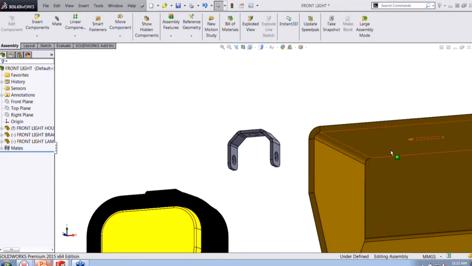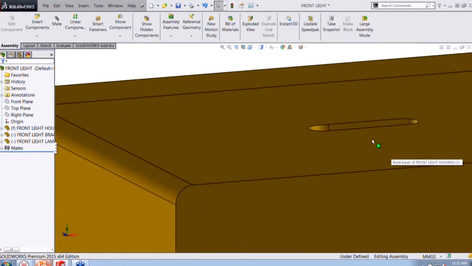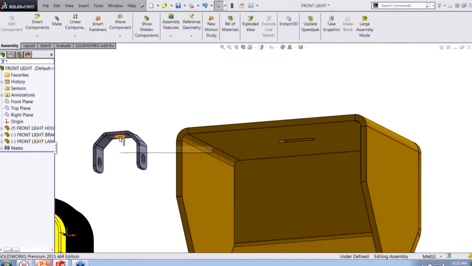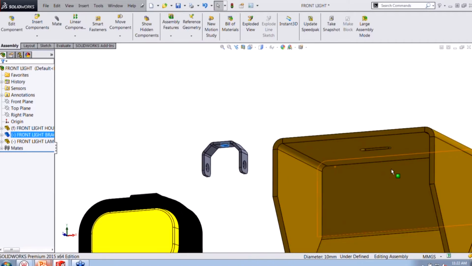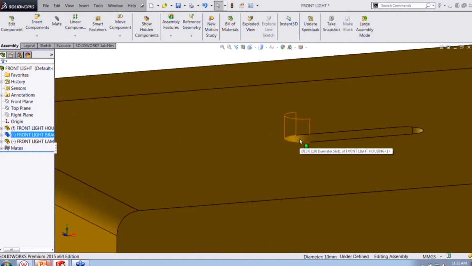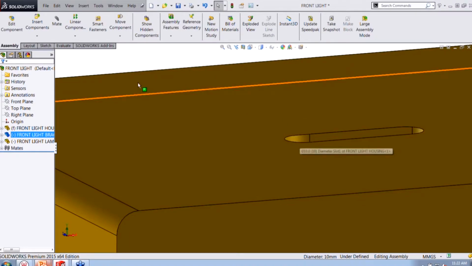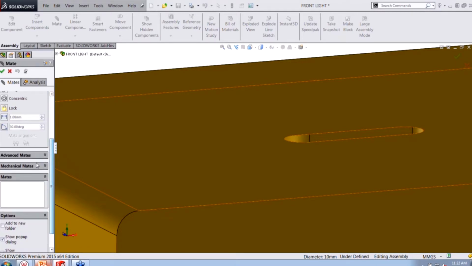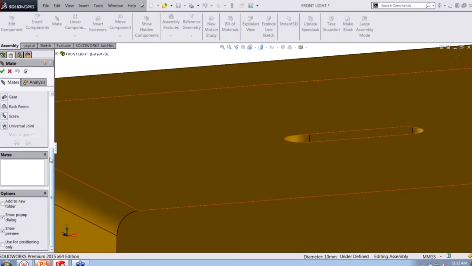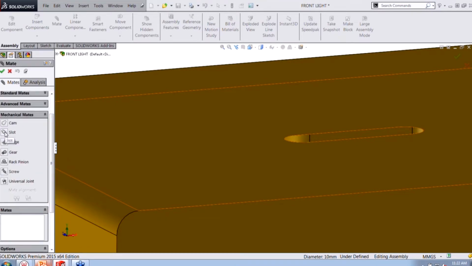And then also, before they introduced a slot mate, there were some things where you had to do some workarounds if you wanted, for example, this to mate up with this slot for it to follow along there, especially if you have a pin going through the middle. So now what they introduced is under your mates, you have to go to mechanical mates, and you're going to go on the slot tool. So you click on the slot tool,